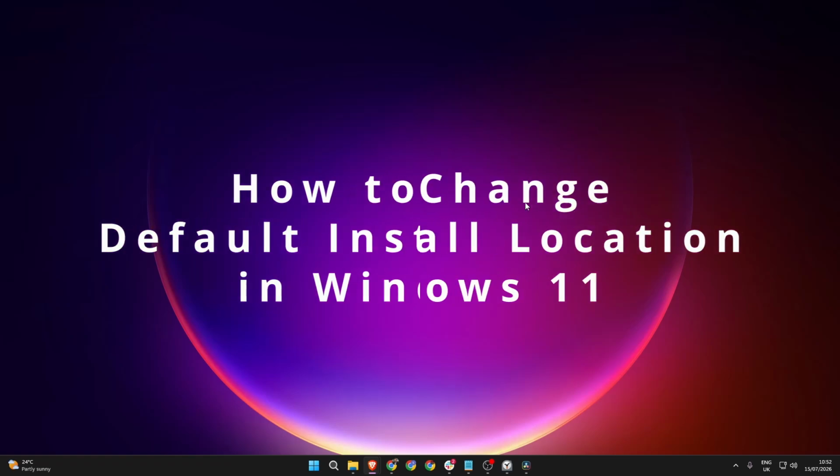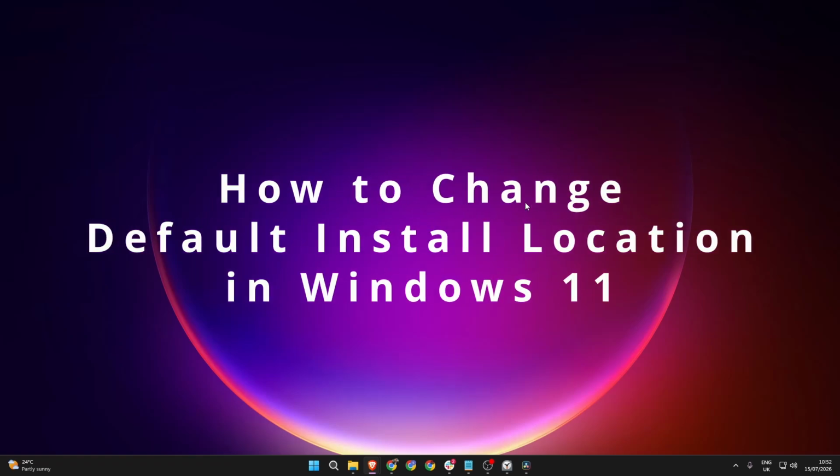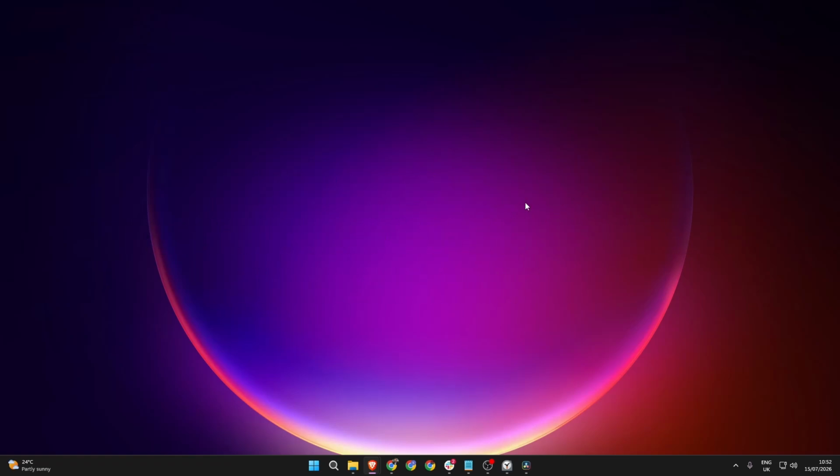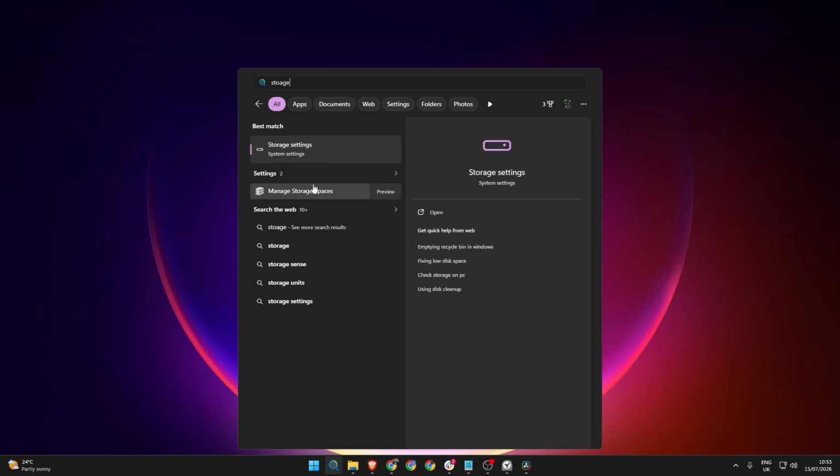I'm going to show you how to change the default installation location in Windows 11. There are two different methods here depending on what you're using to install. So the first one is we head on down to the search bar, search for storage settings, and then click